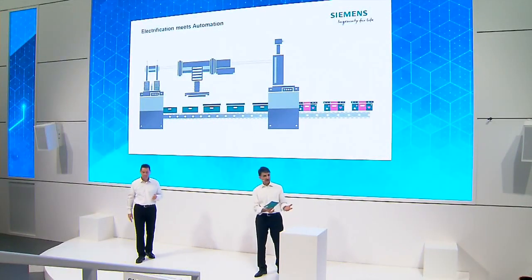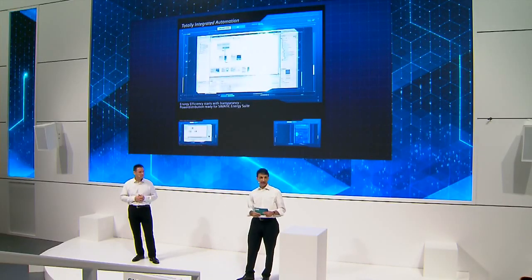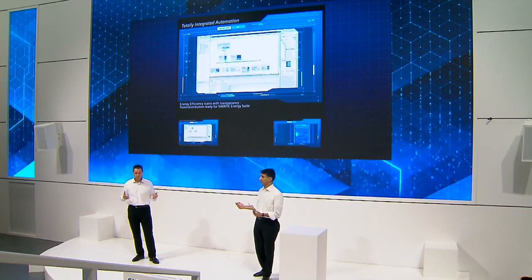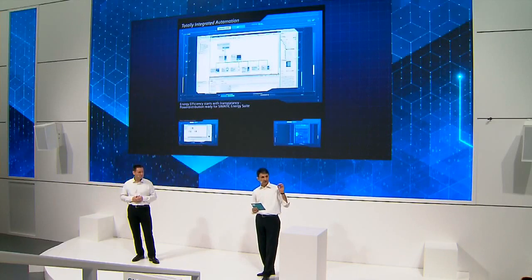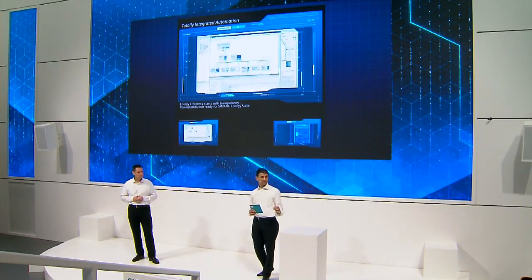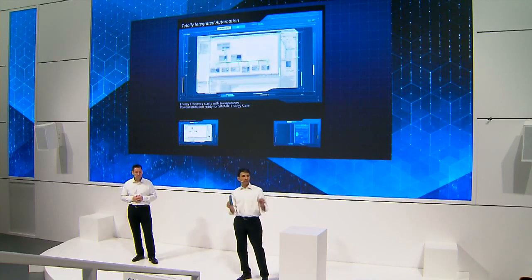So, ladies and gentlemen, this is real life. While we are redesigning the cabinet, new requirements are coming up for our customer, which we have to consider in our planning phase. I, as an automation guy, am really happy that my electrician colleague has already selected the right components from the Siemens portfolio. For example, Simatic, TIA Portal, Sentron, Sinamics, or Sirius. Since, thanks to digitalization, all these products can not only do their job, but they will provide all energy data